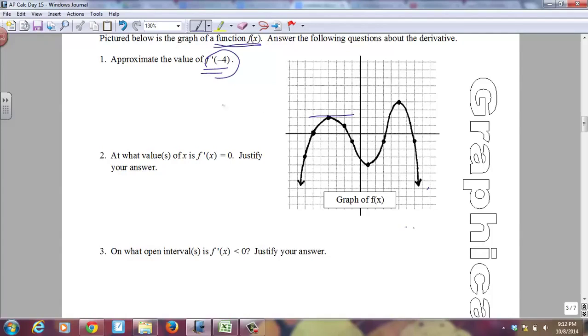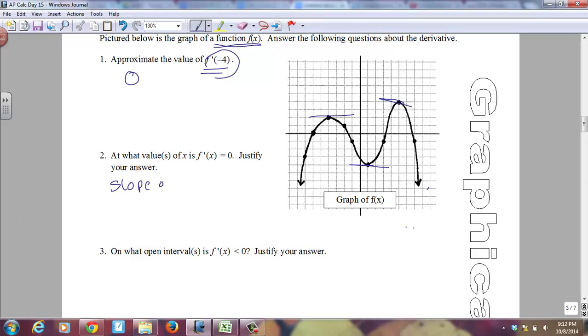Or 0. At what value of x is the derivative 0? Okay, well that was 1. And then we have another one over here, and that's at 1. And then we have another one over here that's at 1, 2, 3, 4, 5. So I would say that x is 0, and if I were to justify it, I would say